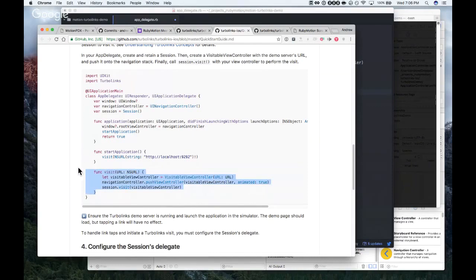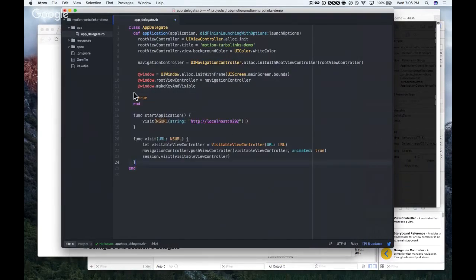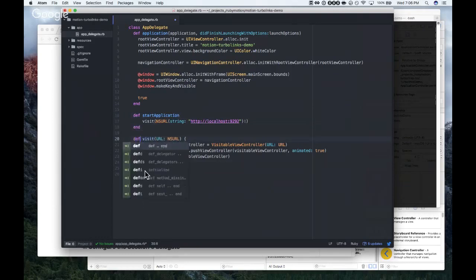So I'm going to convert this Swift code to RubyMotion compatible code here. Change the funcs to defs. These funcs are going to be def. And we don't need to accept any params. It's going to be def.